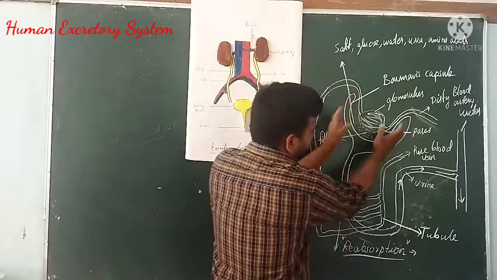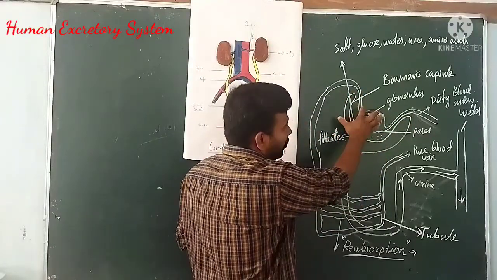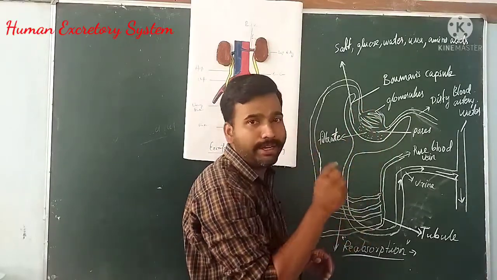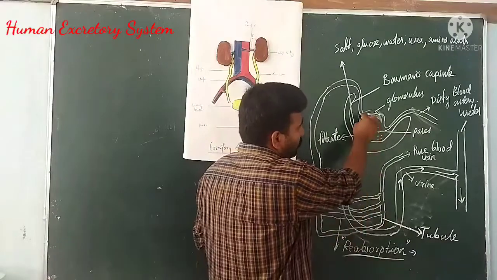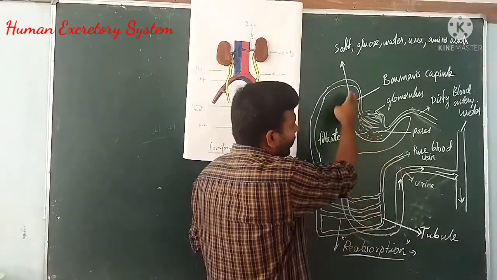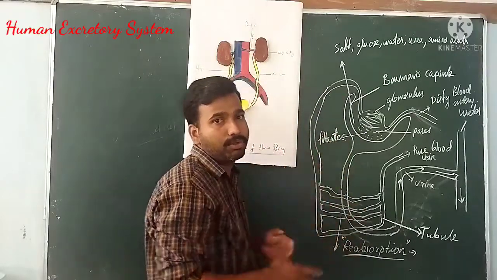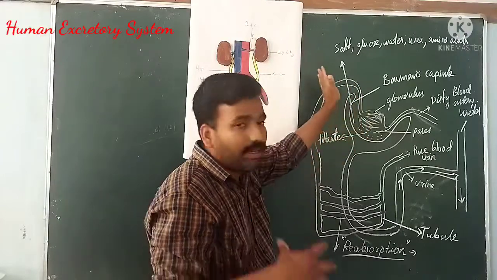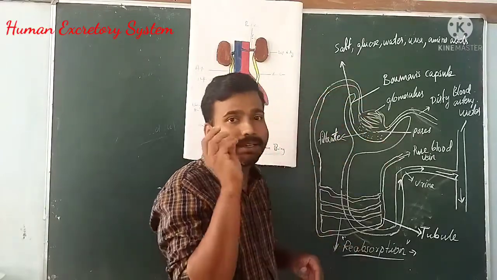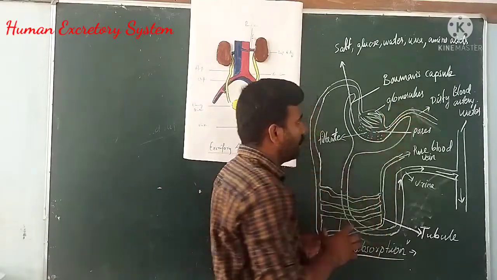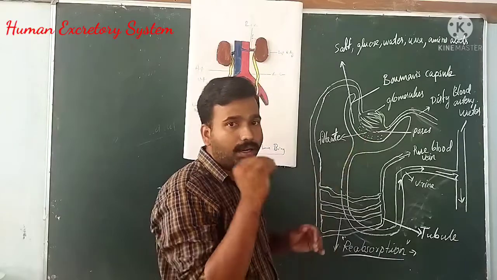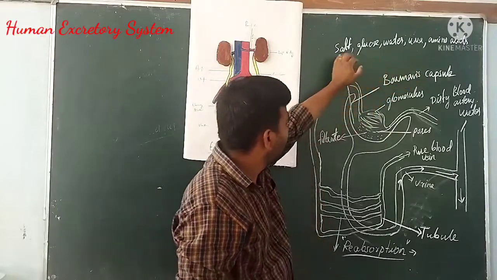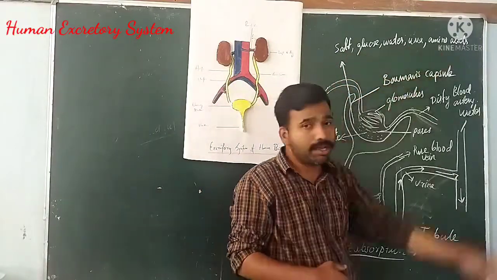So here you can see this cup-shaped structure. The arterioles enter into the Bowman's capsule and divide into a very large number of minute blood vessels of single cell thickness. We already saw that when blood flows through the artery, it is under very high pressure. So when the blood flows under high pressure through these fine capillaries, called the glomerulus, almost all the molecules, both those which are very essential for us as well as waste materials, such as salt, glucose, water, urea, amino acids, etc.